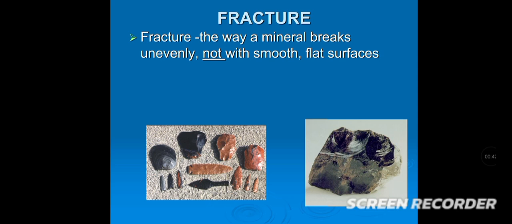So today I will discuss fracture. Fracture is a very important property of a mineral. So what is fracture? Fracture is the way a mineral breaks unevenly, not with smooth, flat or planar surfaces. So, what is the difference between cleavage and fracture? Fracture in a mineral occurs when a mineral breaks in a random, uneven pattern without following any specific cleavage planes. This happens when the mineral's internal structure is equally strong in all directions, meaning there are no planes of weakness